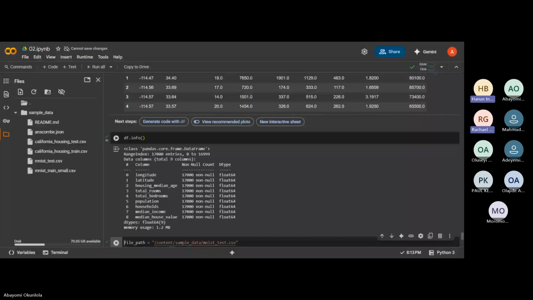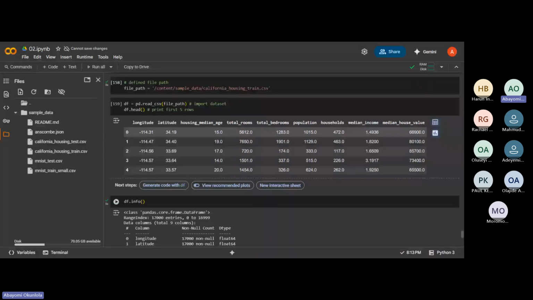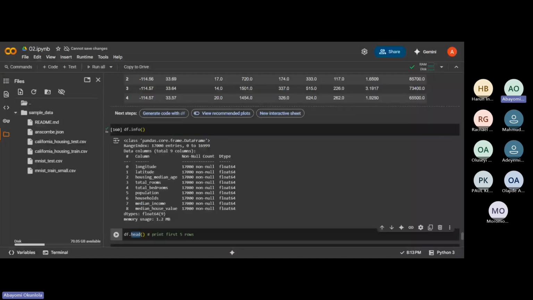Yes. All right, so let's explore another method. Which other method can we explore? Let's take a look at the last 5 rows. Let me say print the last 5 rows. That will be what? Dot tail. Print the bottom 5 rows. So head will give you the first 5. Yes. Tail will give you the last 5.